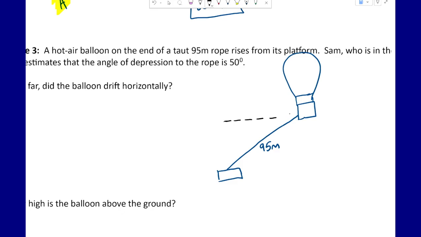So we have our horizontal from where Sam would be in the basket, and the angle of depression is going to be downwards towards our line of sight. So Sam's in the basket, then the horizontal looking down for angle of depression is 50 degrees. So we have the angle of depression labeled, we have 50 degrees, we have the 95 meters for the rope,